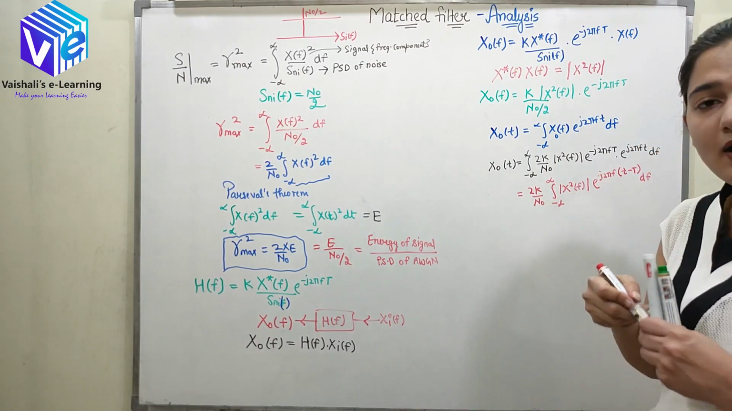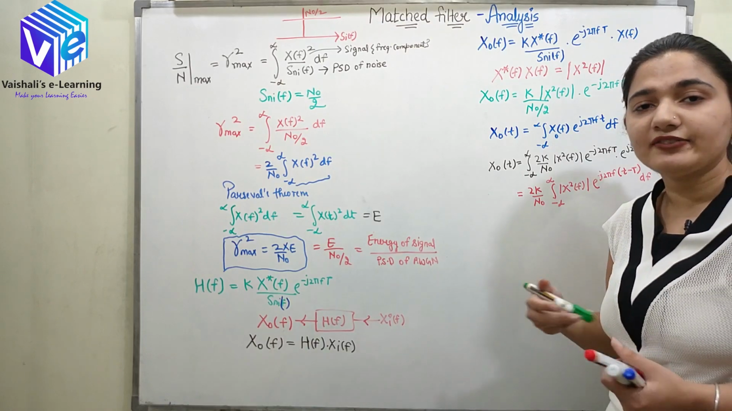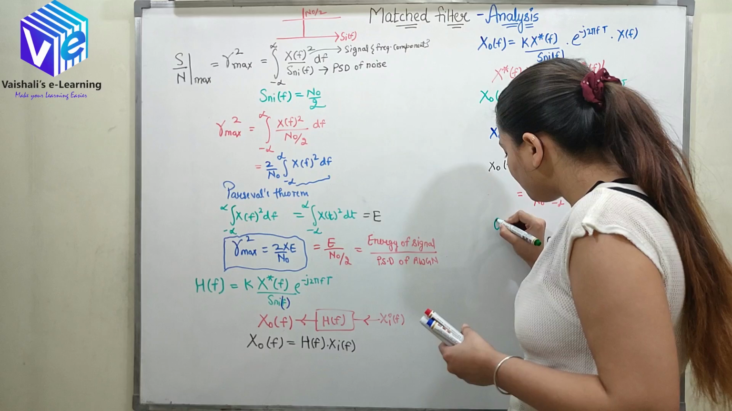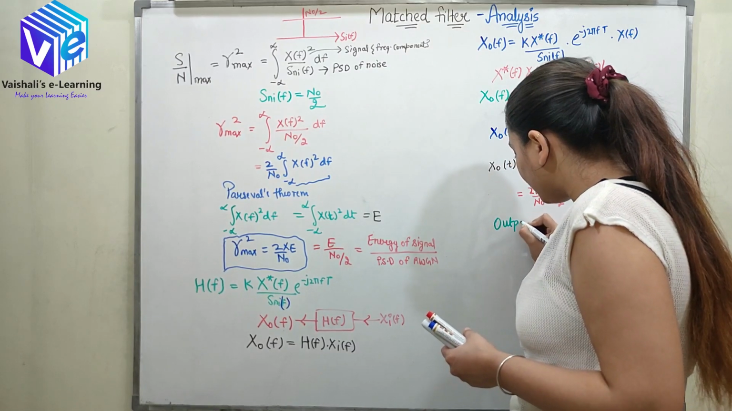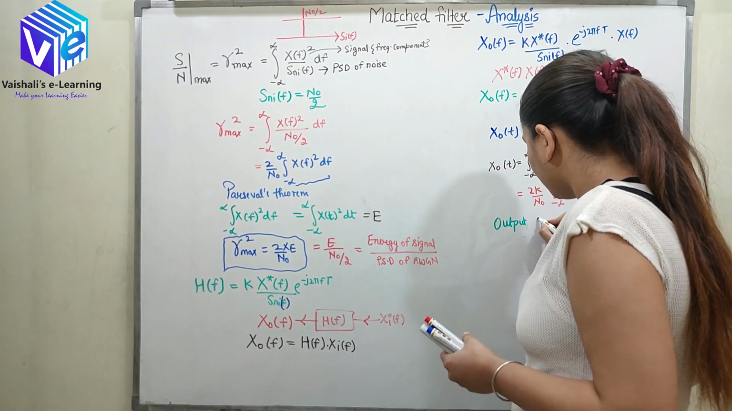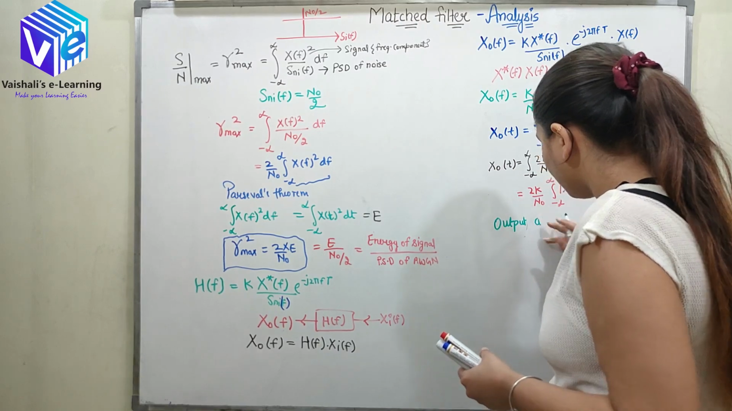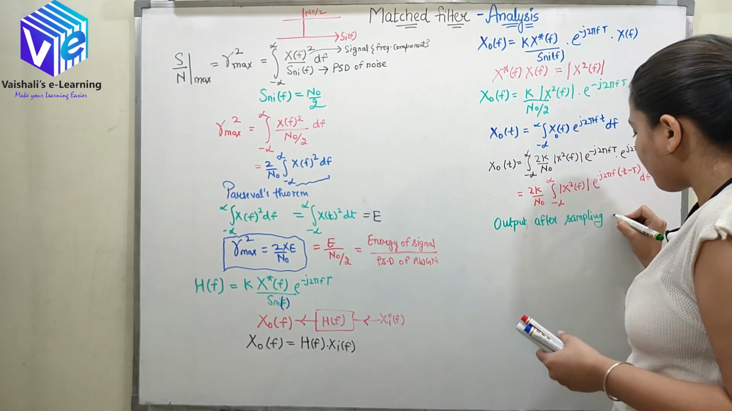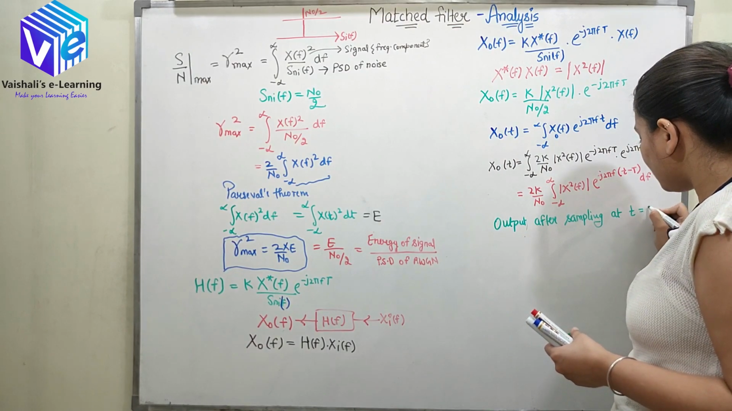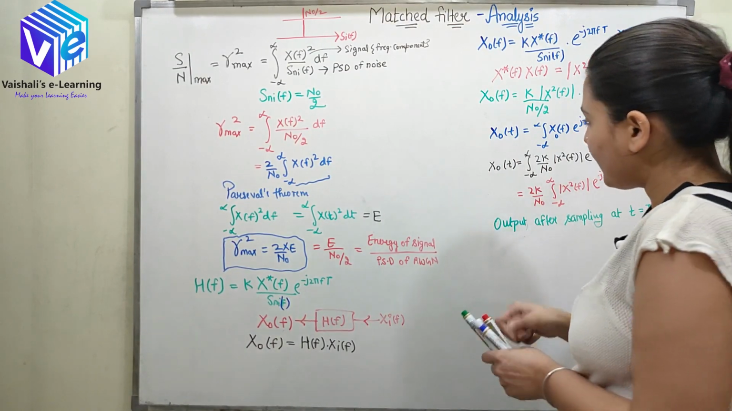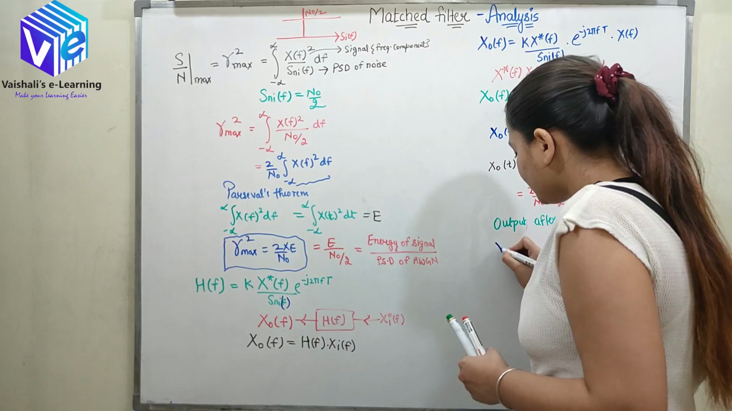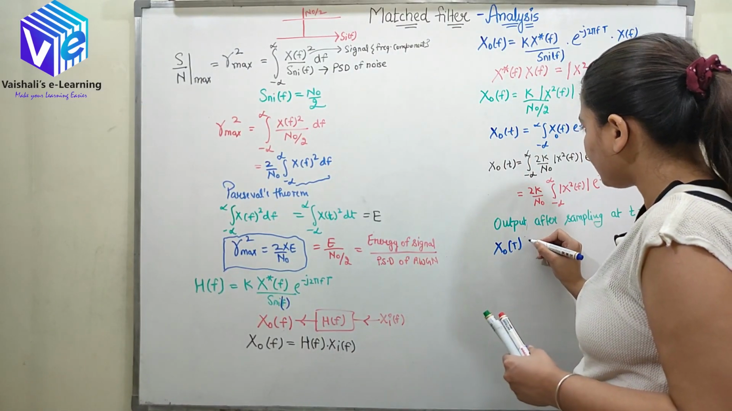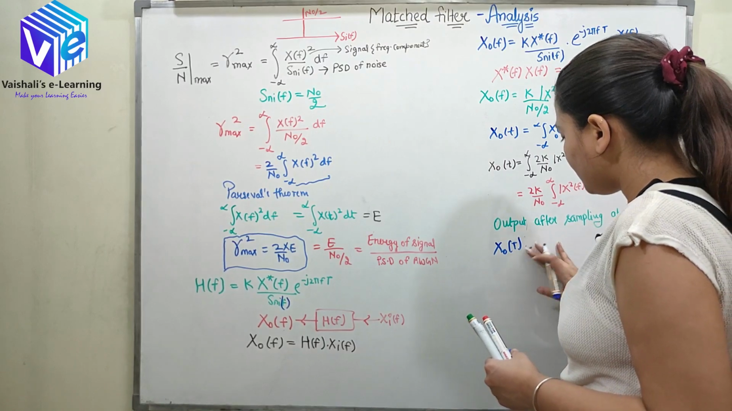so now I'll do the sampling. After the filter, what is done? Sampling is done. So the output after sampling. So now I am doing sampling at t is equal to capital T. So now when I do that, so X output of capital T, I'll just replace t value with capital T. So it would be equal to